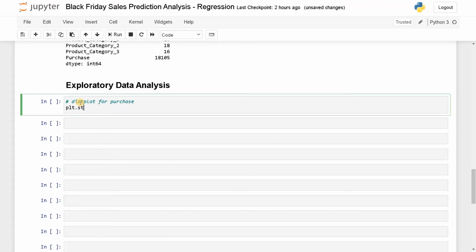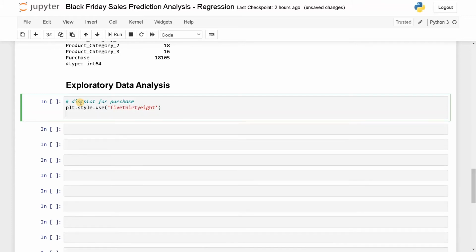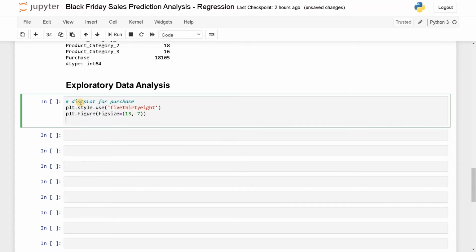So plot dot style dot use 538, and you need to change the figure size also. Plot dot figure figsize, because it will be small if you print it by default. Let's say 13 comma 7, and the displot.